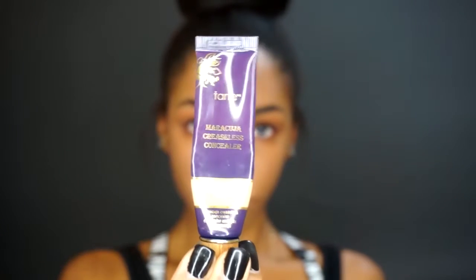Taking my Tarte Maracuja creaseless concealer, I'm gonna be patting that in with my finger, and I'm just going to apply that all underneath my eyes. I usually do this before I smoke out my bottom lash line, but for some reason I did it the opposite way this time. It's okay. If you mess up your lower lash line, you can go back and add a little bit more after you conceal. So I'm just concealing the spots that I normally would to highlight,